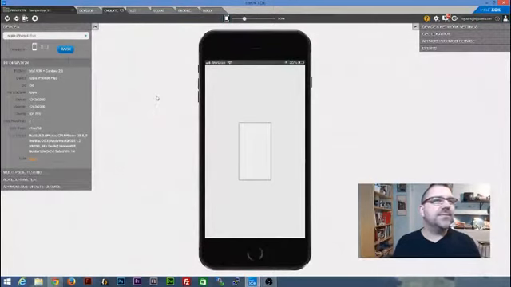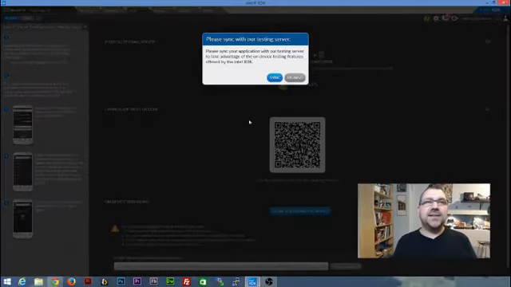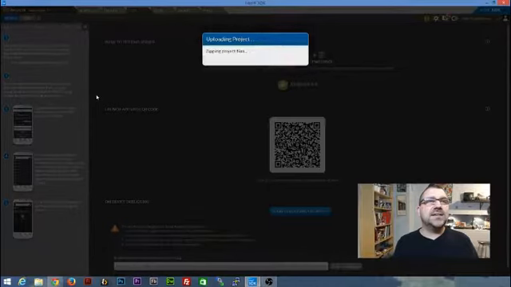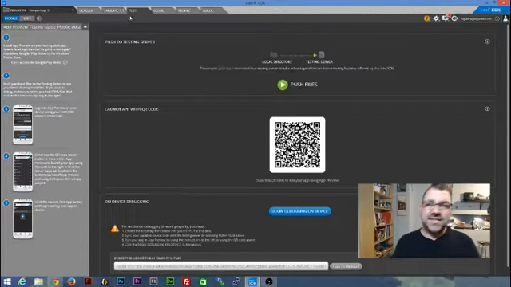And that's pretty much it for now. One of the cool things you can do from here is if you want to test it on your phone, you've got a lot of options. You can actually plug your phone in, and there we go. So if you go to the test panel,